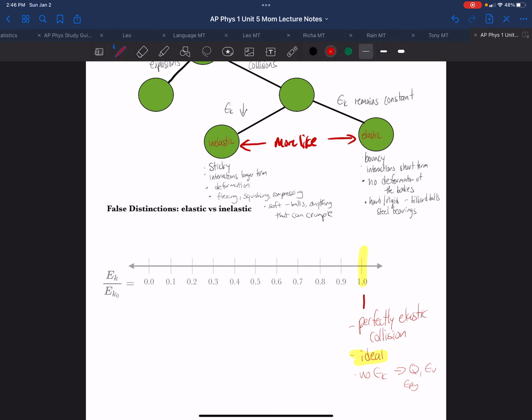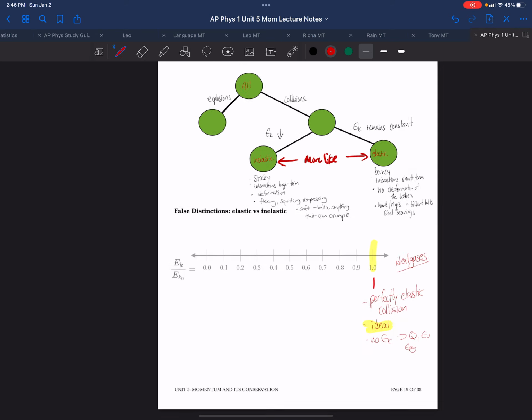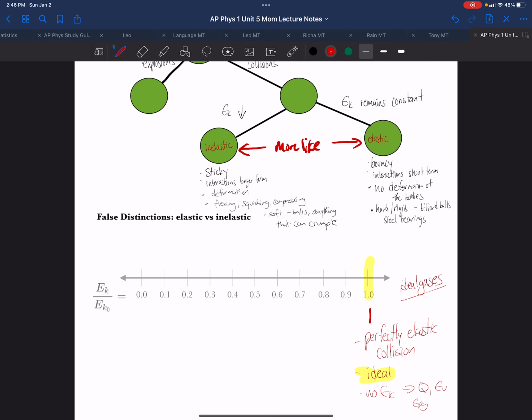That being said, we have things like ideal gases, where the assumption is every time a gas molecule hits another one, it's a perfectly elastic collision. No energy goes into deforming it or interacting with it or converting energy into anything at all. They're just super hard. The interactions are super fast. There's no transformation of one type of energy to another. So that's ideal. So we will never get a situation where the kinetic energy afterward equals the kinetic energy before, unless it's an ideal made-up problem or situation.